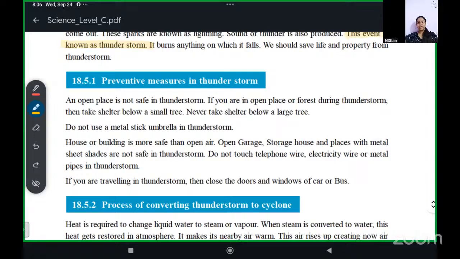What attracted it? The mobile phones with which they were recording, holding them up and recording like this. Many of them were recording like that, so the lightning struck at that place. Such things you should avoid.